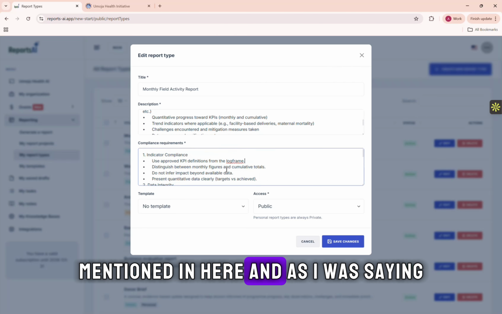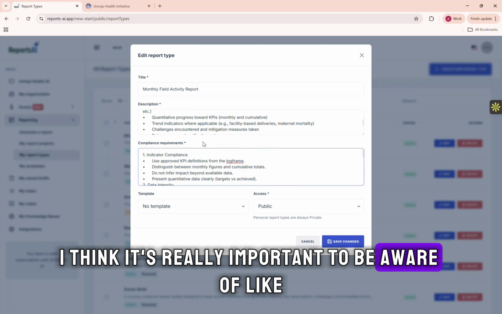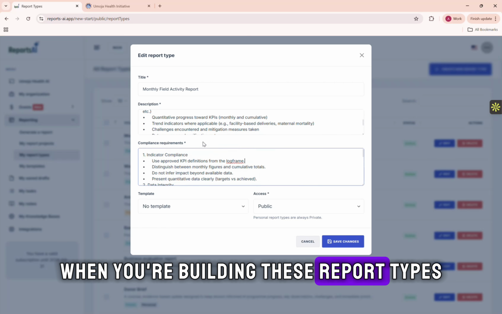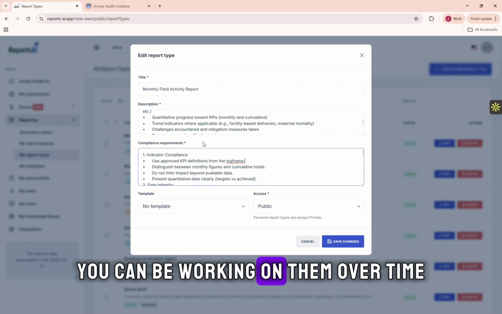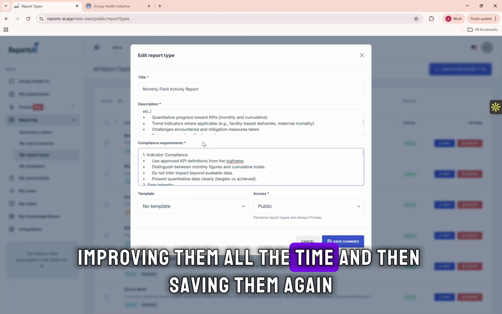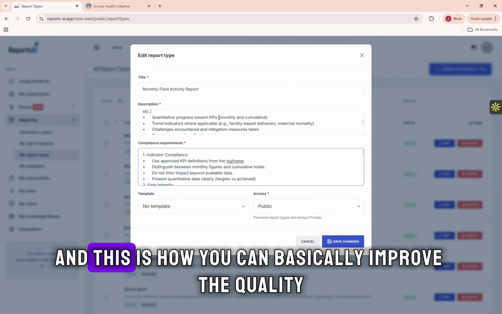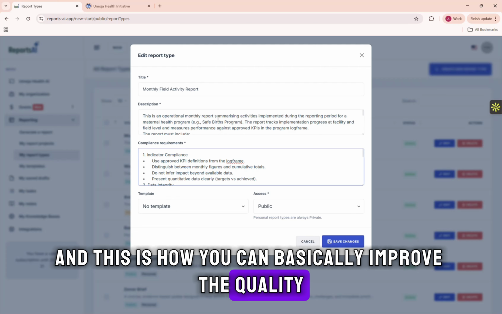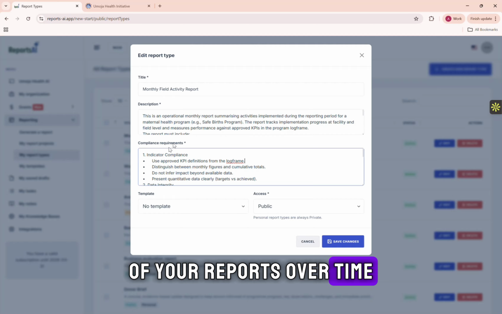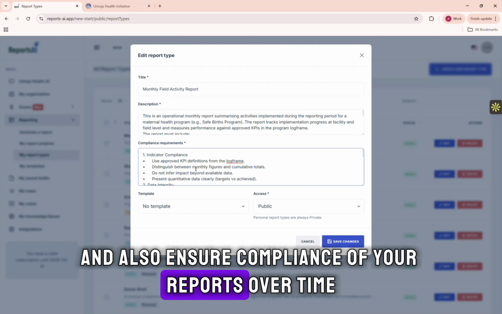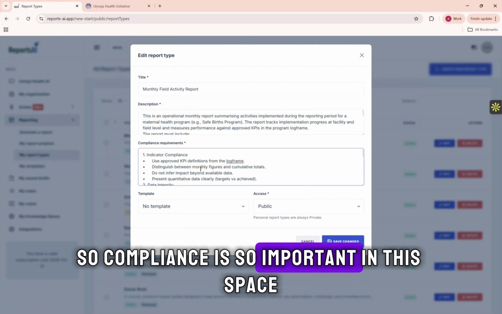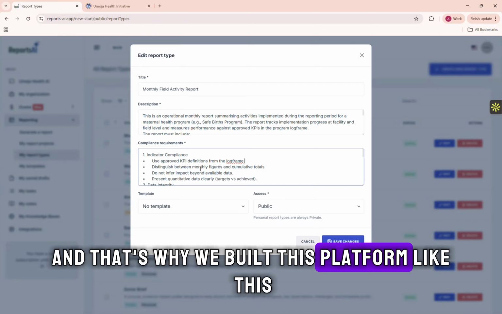And as I was saying, I think it's really important to be aware of, like when you're building these report types, you can be working on them over time, improving them all the time, and then saving them again, and then it becomes that reusable asset for your organization. And this is how you can basically improve the quality of your reports over time, and also ensure compliance of your reports over time. So compliance is so important in this space,